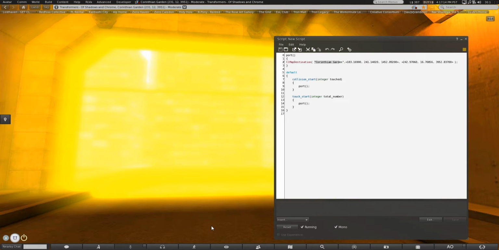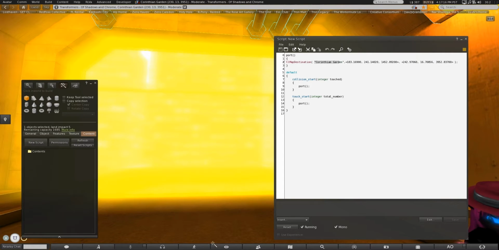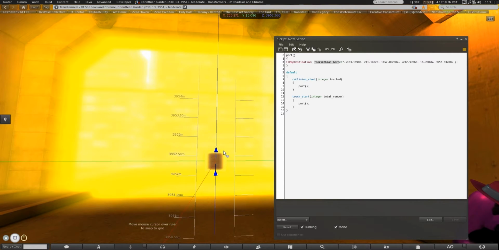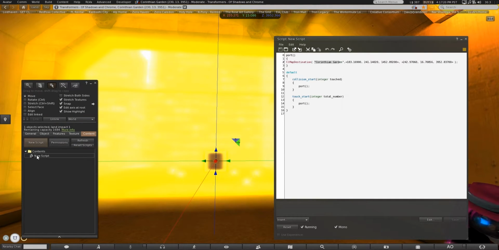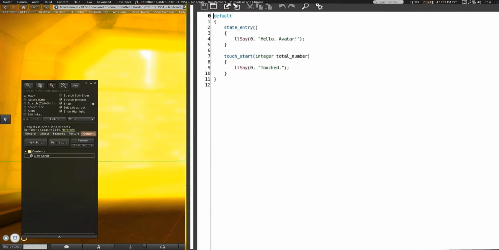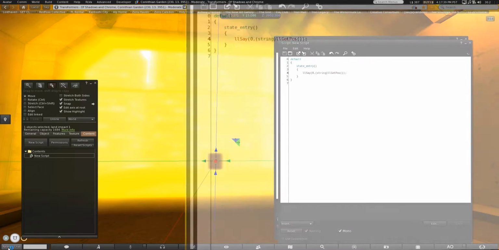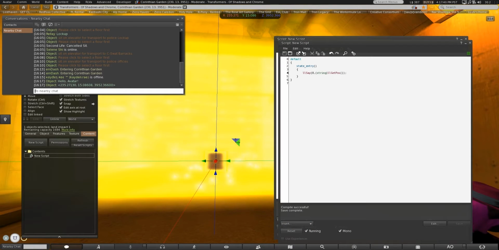and then you can simply drop a box down somewhere. Write a very simple script for it. You won't even need the touch start. You can even leave that intact for simplicity's sake. String, to cast this as a string. Get position. So you just copy that coordinate in there,